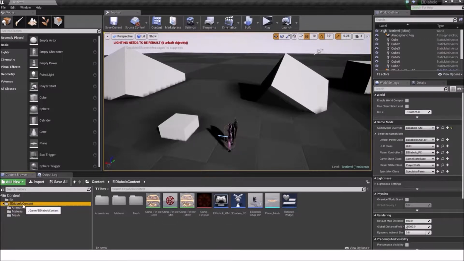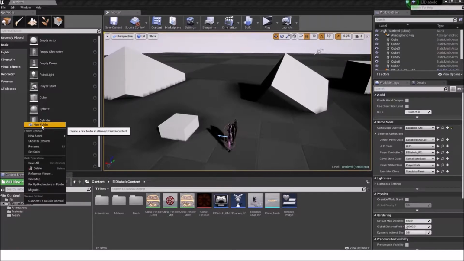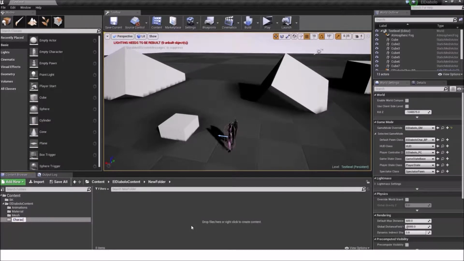Right click on the El Diablo content folder, create a new folder and call it characters. We will put all our future characters into this folder. Under characters, we will create another folder called tutorial car1. Now click on this little arrow button here so we get the whole structure of the characters folder and all subfolders. Go back to the El Diablo content folder